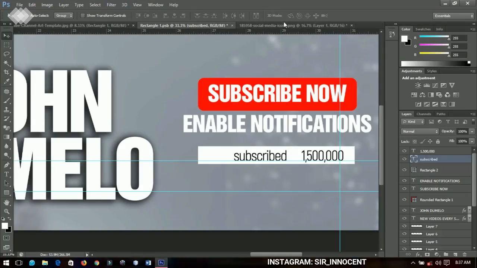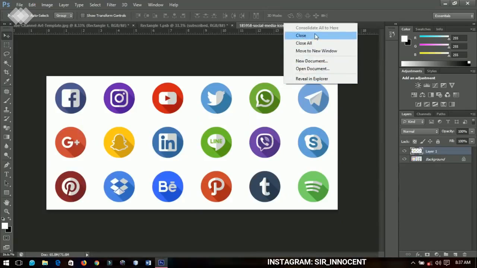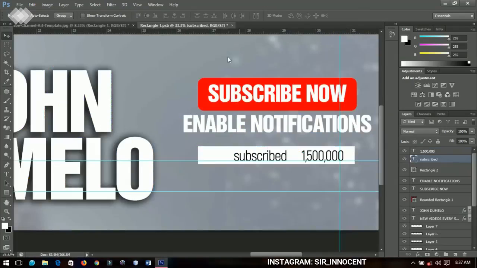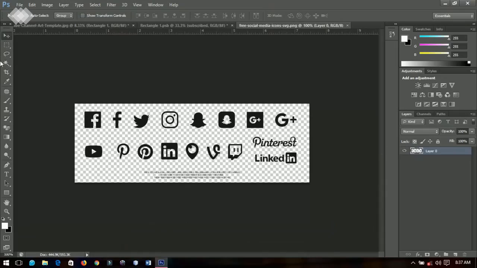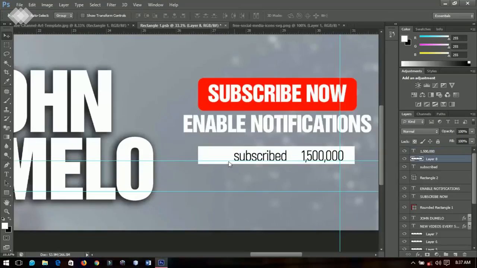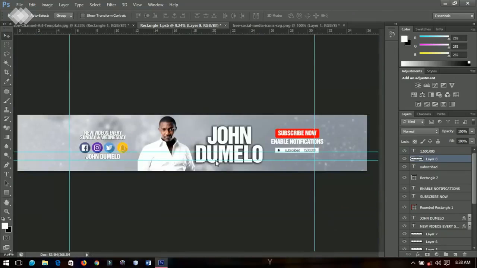Okay, so with this, we're going to open up another free social media icons over here, and I will represent the Snapchat icon with the bell in YouTube. I hope you understand. So I'll bring it over here, and then I'll make it small over here, so like this. Alright, and then if I zoom out, you should see that we have something very nicely built over here,